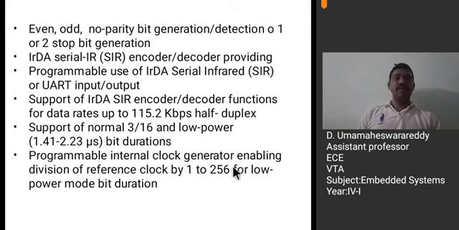That means you can divide your internal clock with any one of these scaling factors, from 1 to 256 for low power bit duration. That means you can scale your internal clock frequency with any one of these bits, so you can vary the delay times as you require, and you can vary the baud rate as you require.